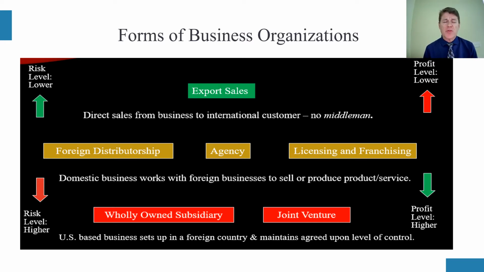If you're manufacturing or providing a product or service from Florida, and let's say you have customers in South America, you can just export your products to them. That's a fairly simple thing to do. It doesn't require you to have any physical presence in South America. You don't even have to travel there. You can containerize things and just ship them. So it's a fairly easy, low risk environment.